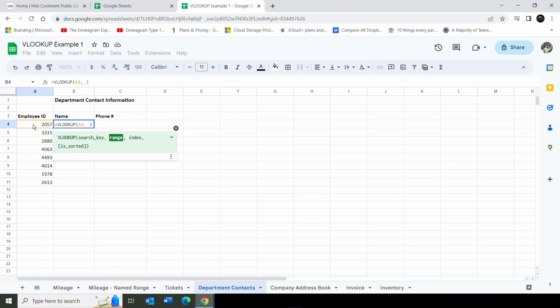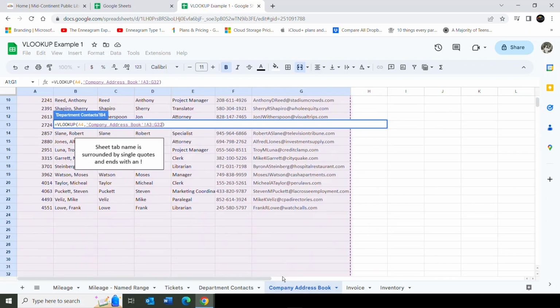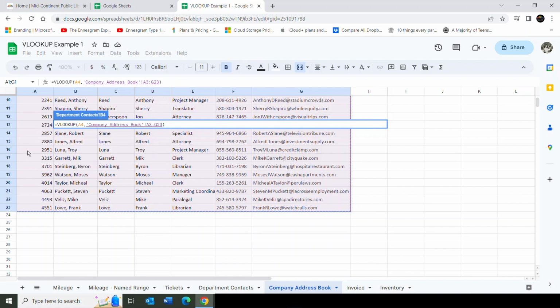What is the range? Now the range is the big company address book. So we need to go back over to the tab for company address book. And then we're going to click and drag over A3 through G23. And then we can come back to department contacts. But before we do, remember we also then want to find the column number of where we're going to find that particular information. Well, in this case, it's 1, 2. So I can type the comma